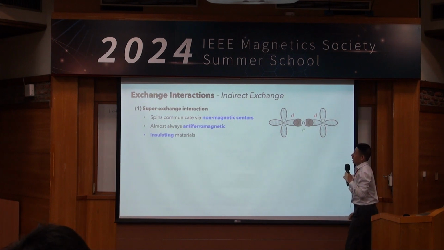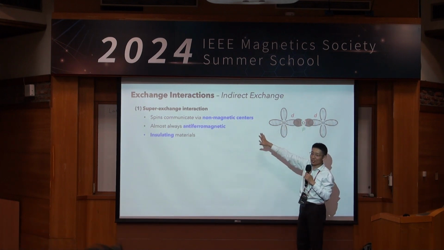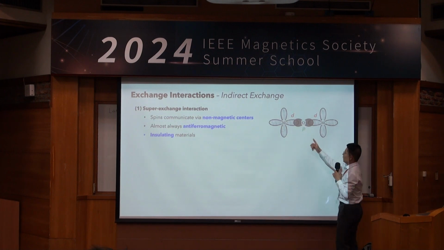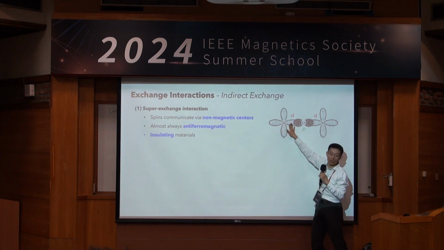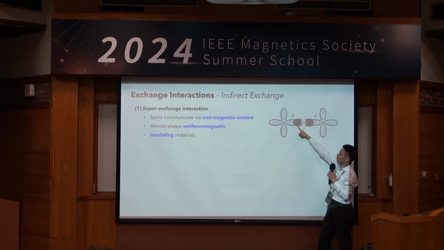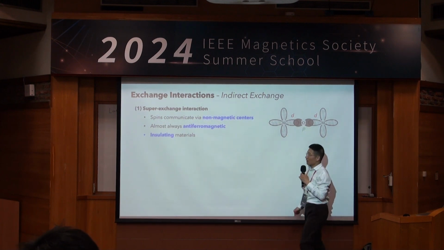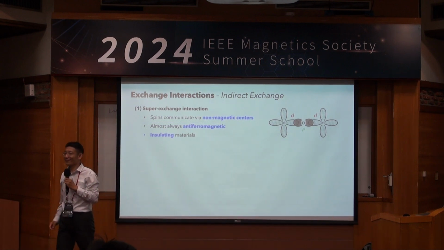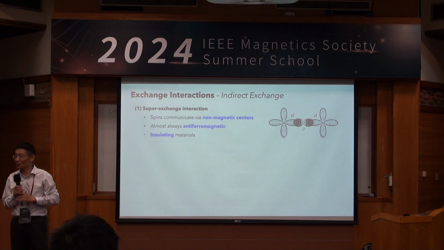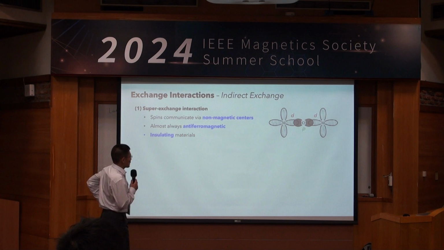So, this is the type 1 indirect exchange, known as super exchange. Okay. So once again, it is indirect because the 2 magnetic atoms do not directly overlap. They overlap through an intermediate atom, which is a different atom. So this is an indirect coupling. But honestly, I do not see anything super here with the term super exchange, but it is simply known as super exchange. In the super exchange interaction,